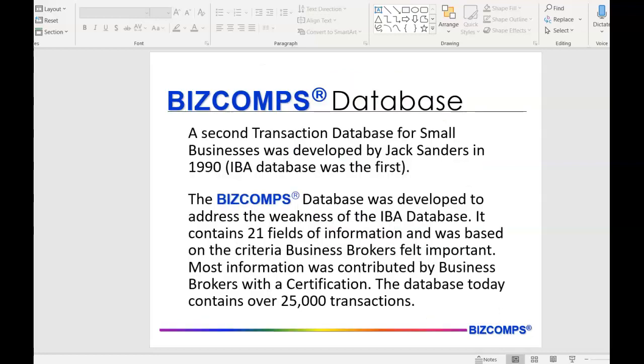So let's begin. The Bizcomps database is actually the second database that was developed. It was developed by Jack Sanders for small businesses, Main Street businesses, and was the second database, as the IBA database was actually the first. Jack started this database in 1990. The Bizcomps database was developed primarily to address weaknesses of the IBA database, now known as Value Source Market Comps